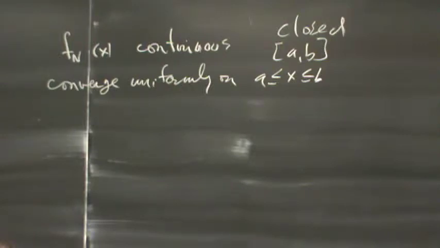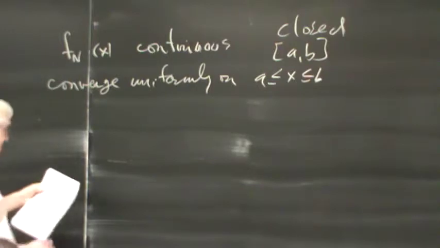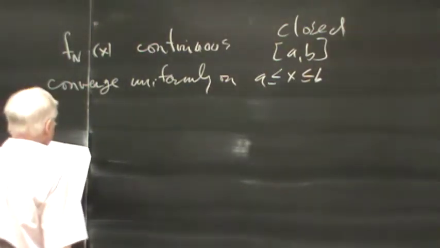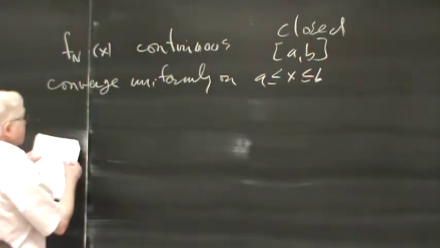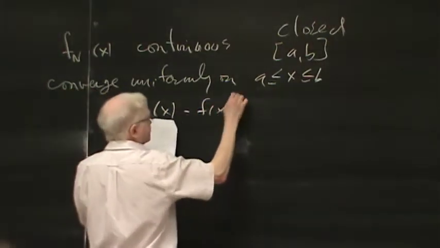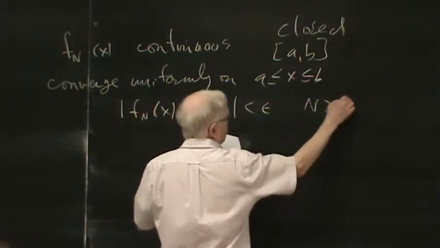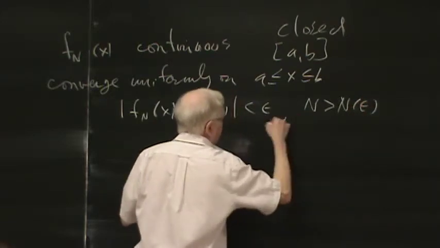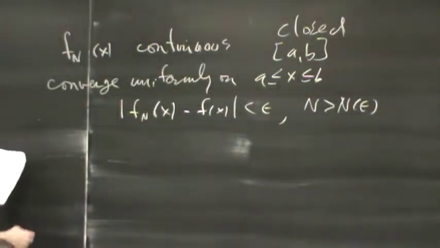So we've defined what uniform continuity is on a closed interval, namely that the lower bound on n's such that you're less than epsilon is independent of the point x. So if you have a sequence that is convergent uniformly on a closed interval, then of course what you know is that f_n of x minus f of x is less than epsilon for n greater than N of epsilon without reference to x. And so then,